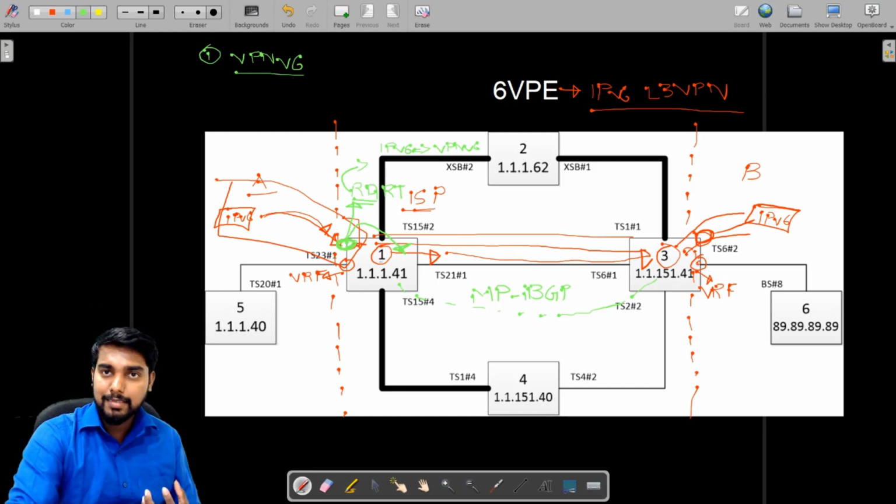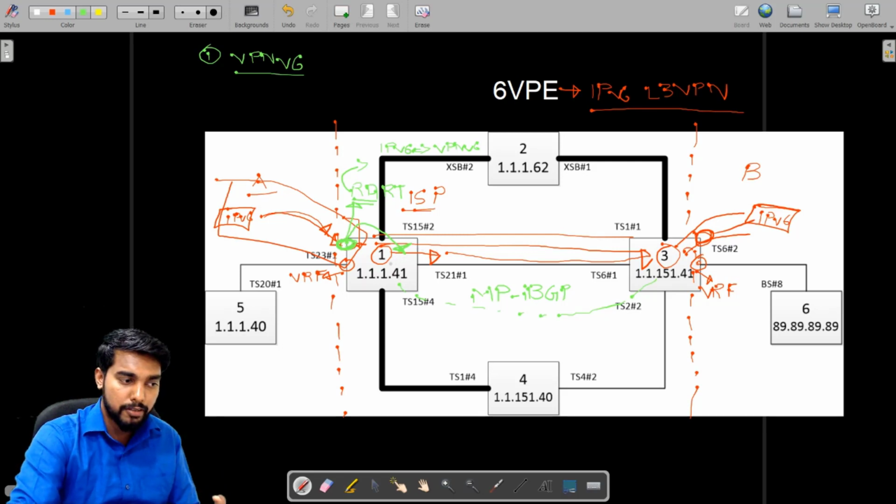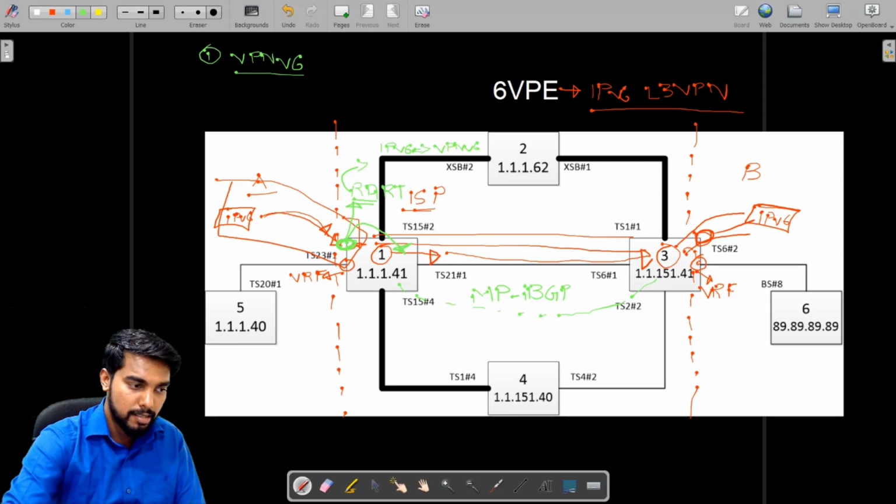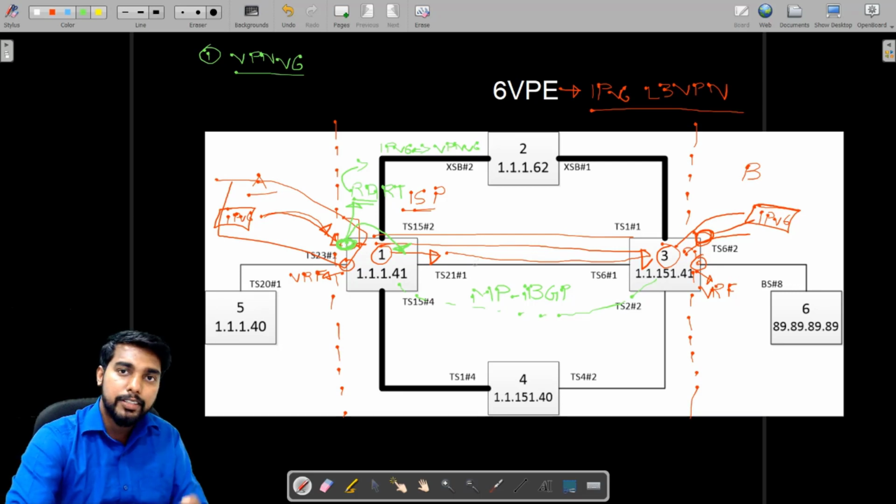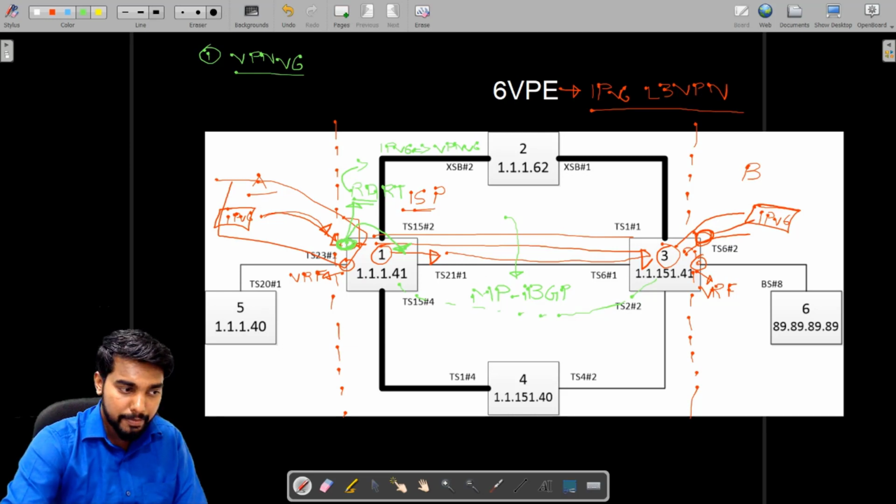MP IBGP has a capability to carry VPN routes. Initially, the address family we configured for layer 3 VPN service was VPNv4, which was for IPv4 routes. Now in this case it's IPv6, which is VPNv6. So we have a new address family for VPNv6, which is IPv6 layer 3 VPN unicast. We add the new VPNv6 address family to this internal BGP, so that now my VPNv6 routes are put into BGP and sent to the peer router.